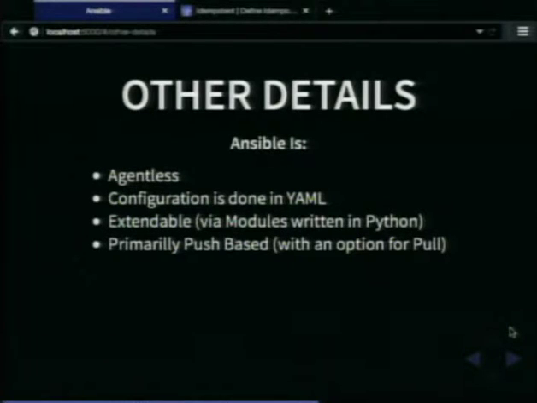Also, Ansible is primarily push-based. There is an option for pull. It's always good to have options. But most of the time, because it's agentless, you're just going to be pushing to another machine. I also like this idea because I can manage where my important files, maybe my passwords, any configuration information, where that's at and where it's going. I don't have to worry that behind my back something is pulling information to other boxes that maybe I just needed to do one or two things on.